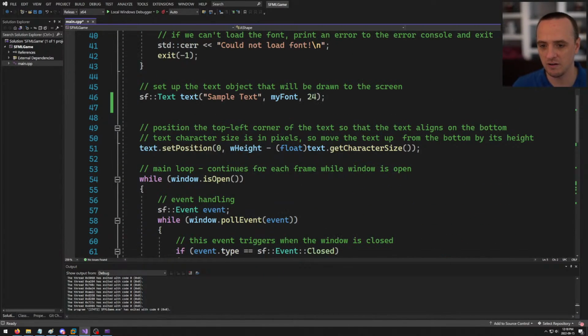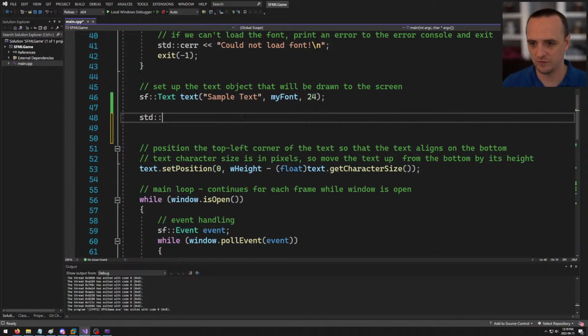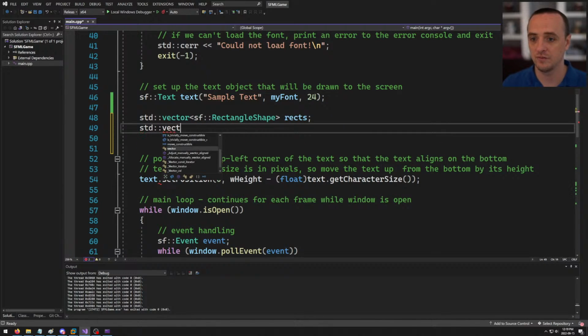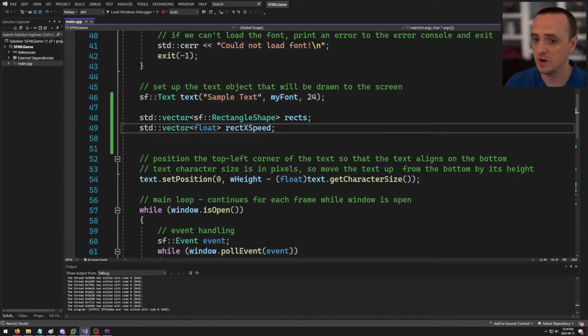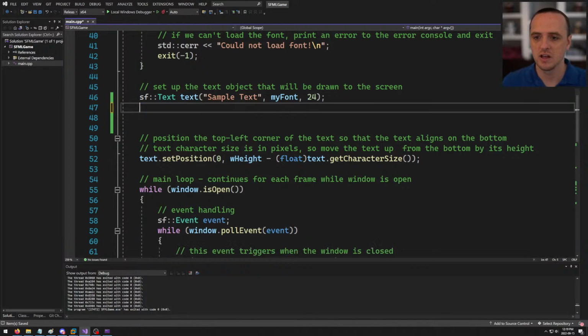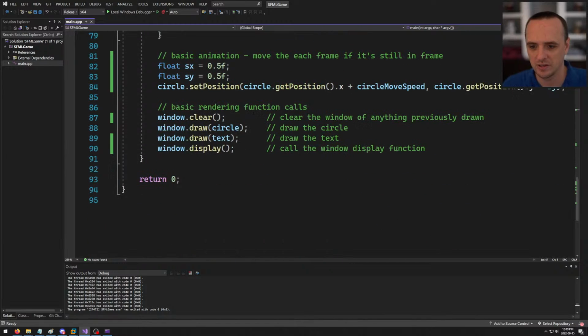Or down here, when you have your vector of rectangles, you could say standard vector SF rectangle shape rects, and then you could also have SF vector float of like rect X speed, etc. I'm not going to tell you how to do this because I want you to do that yourself, right? I want you to figure that out. The last thing I will say, however, is